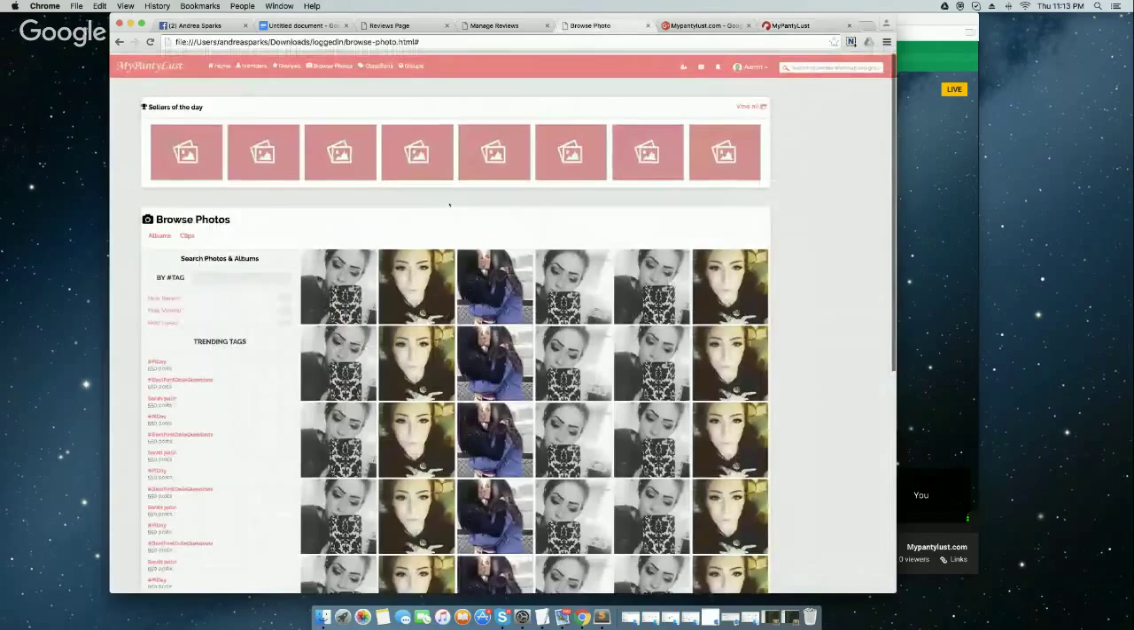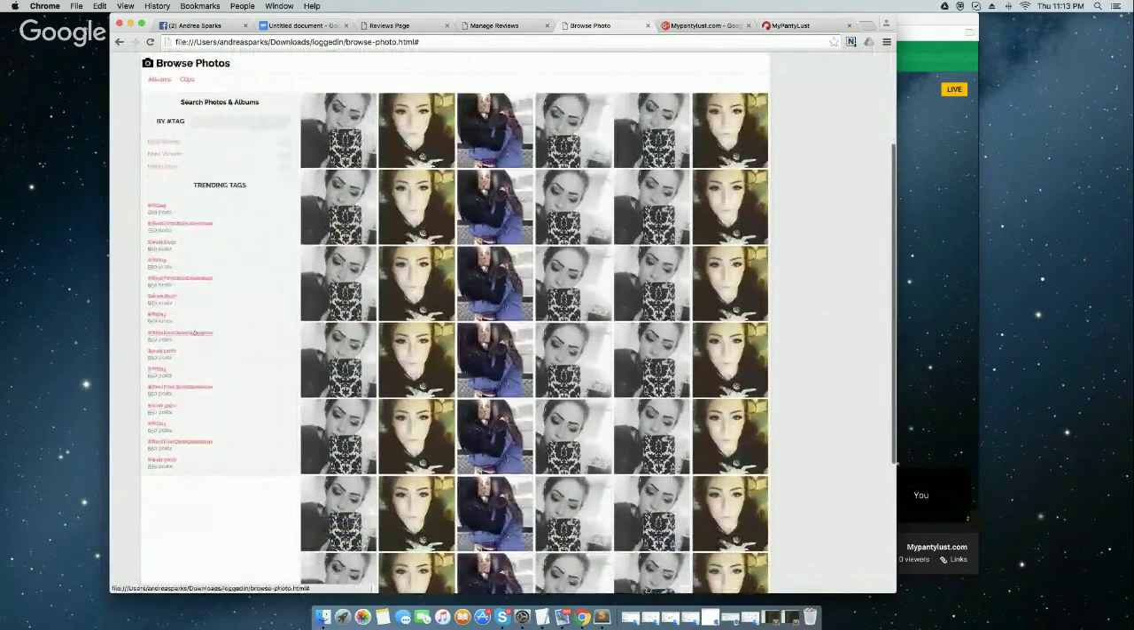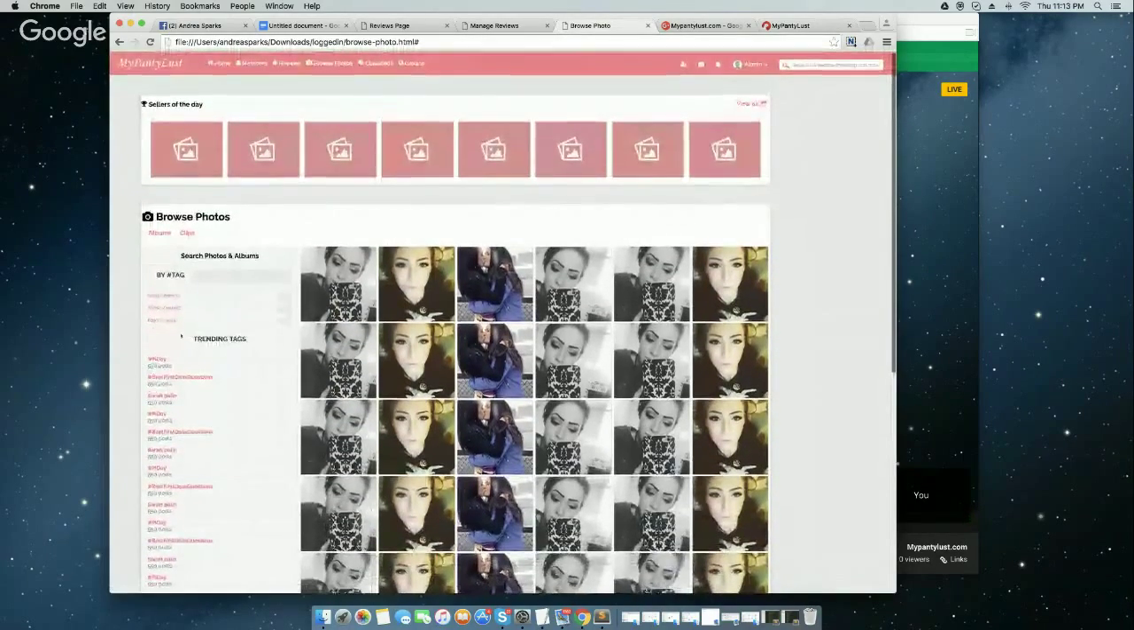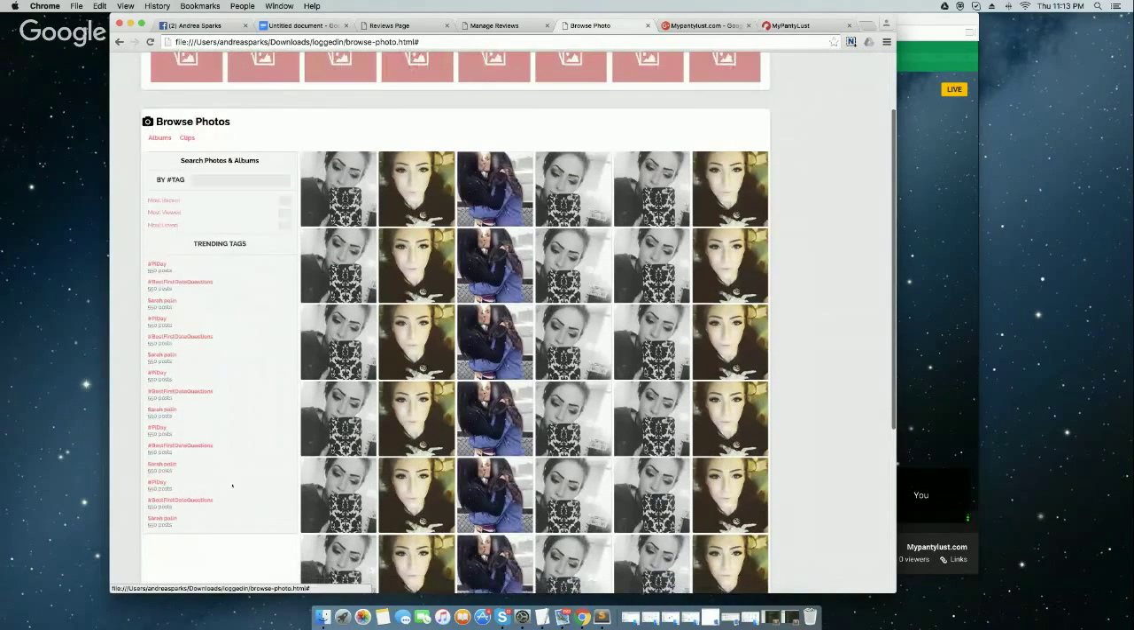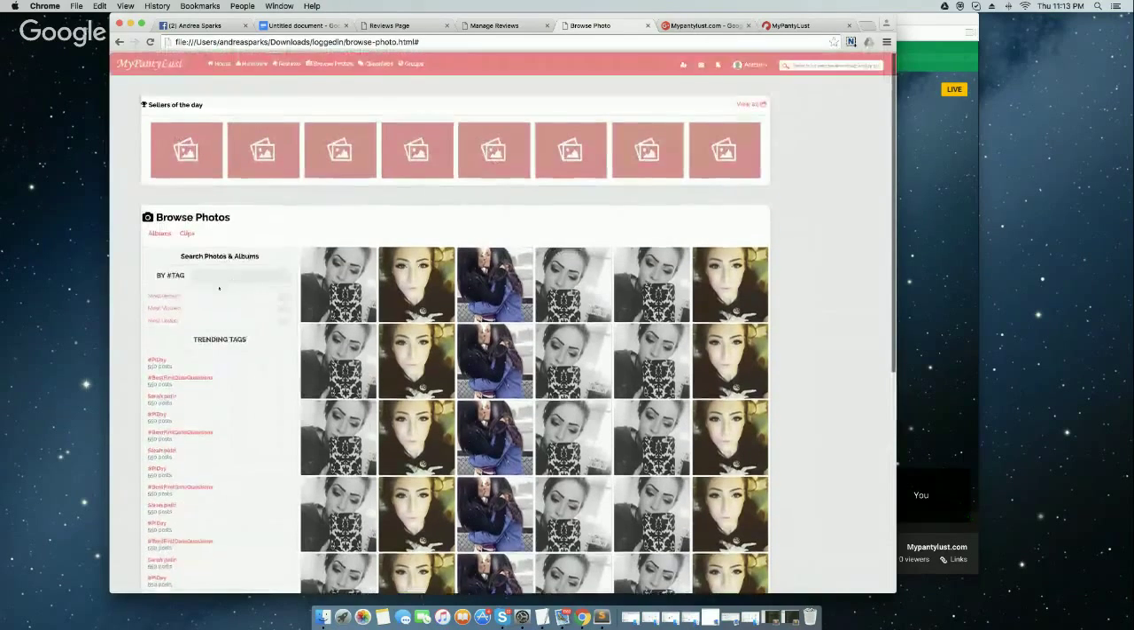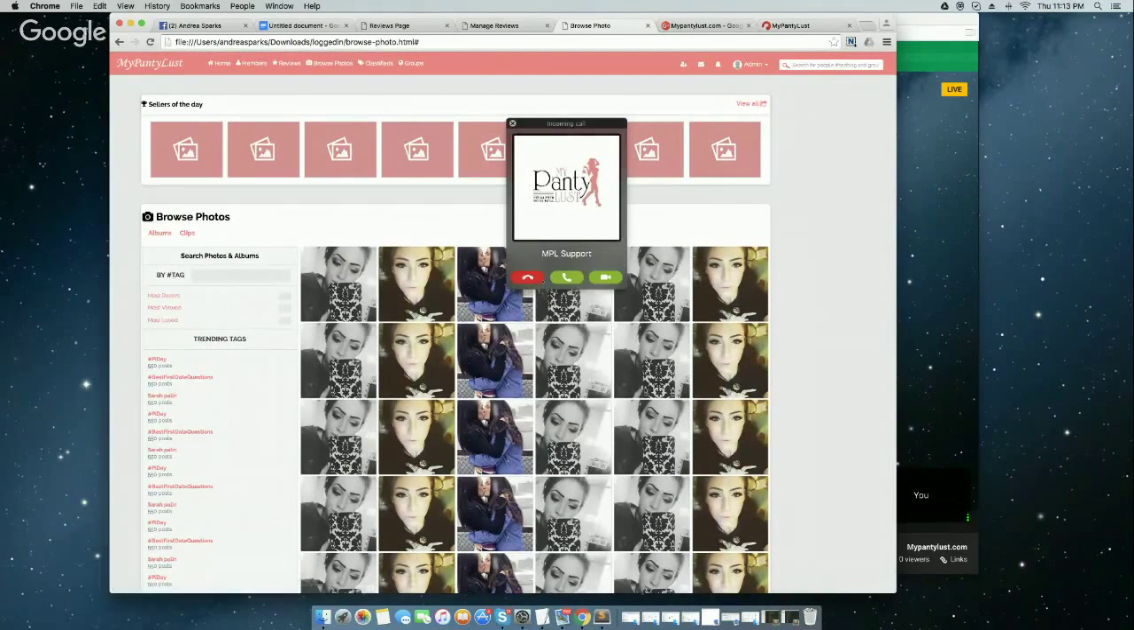The browse photos, there's going to be filtering options. They can filter by tag. There should be an upload option. Obviously, when they upload, they should be allowed to tag the photos. They should be able to filter by the most recent, most viewed, most loved,